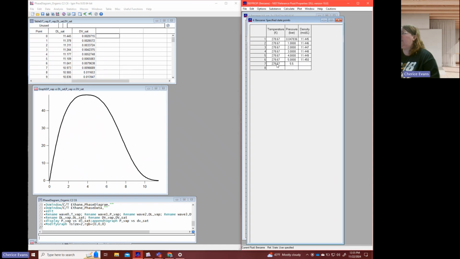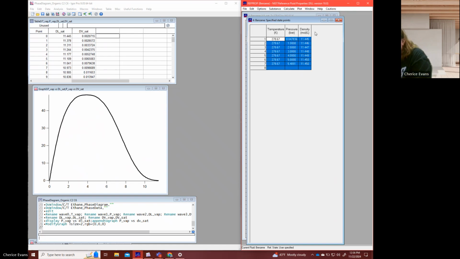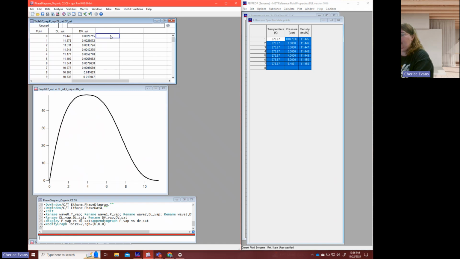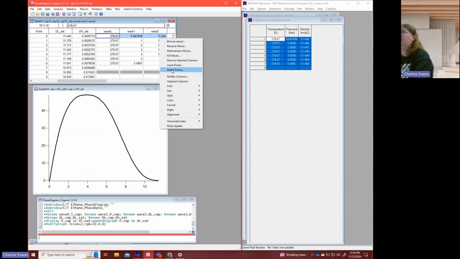Won't calculate. So now 278.67, and I'll put the max density at 11.5. And you can see 5.48. And you can see the density is not changing all that much. So now if I copy these and I put in here, and I go ahead and add to it